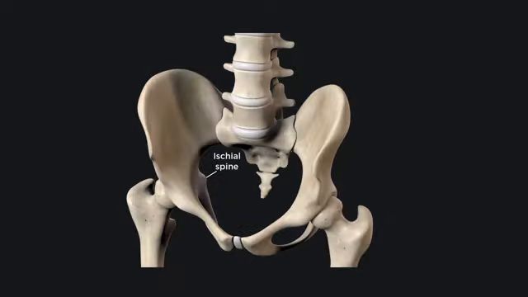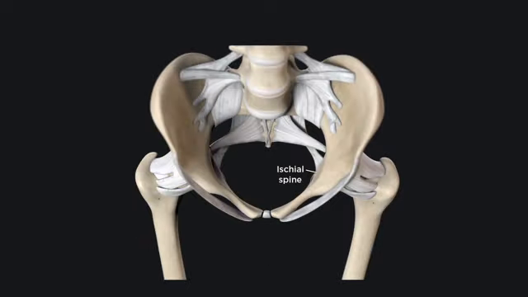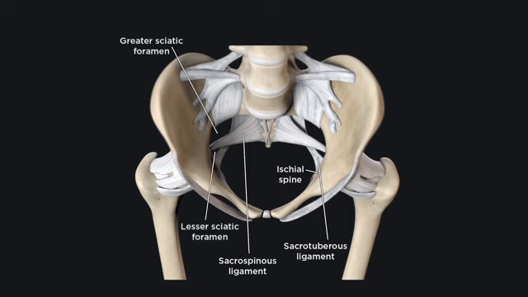The ischium has a pointed posterior projection known as the ischial spine. And above the ischial spine is a feature called the greater sciatic notch, and the lesser sciatic notch is below the ischial spine. A pair of ligaments, the sacrotuberous and sacrospinous ligaments, link the sacrum to the ischial tuberosity and the ischial spine, respectively. These ligaments turn the greater and lesser sciatic notches into the greater sciatic foramen and lesser